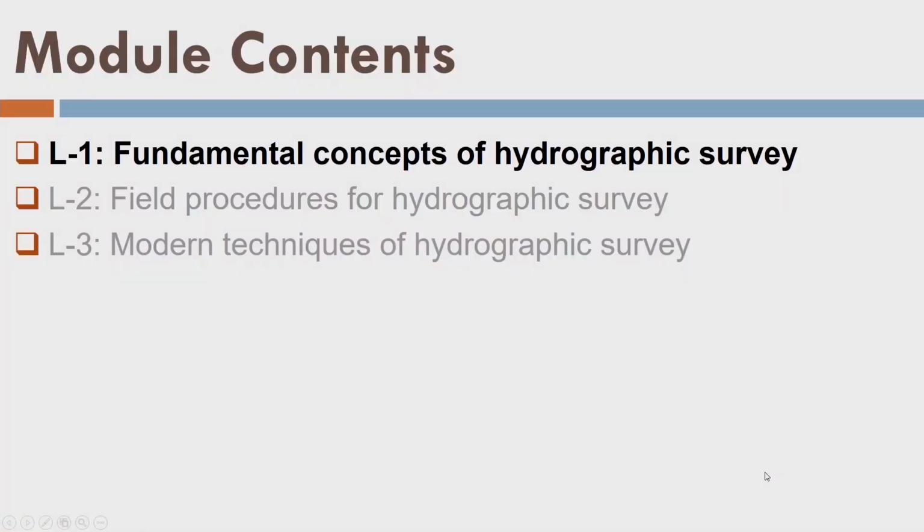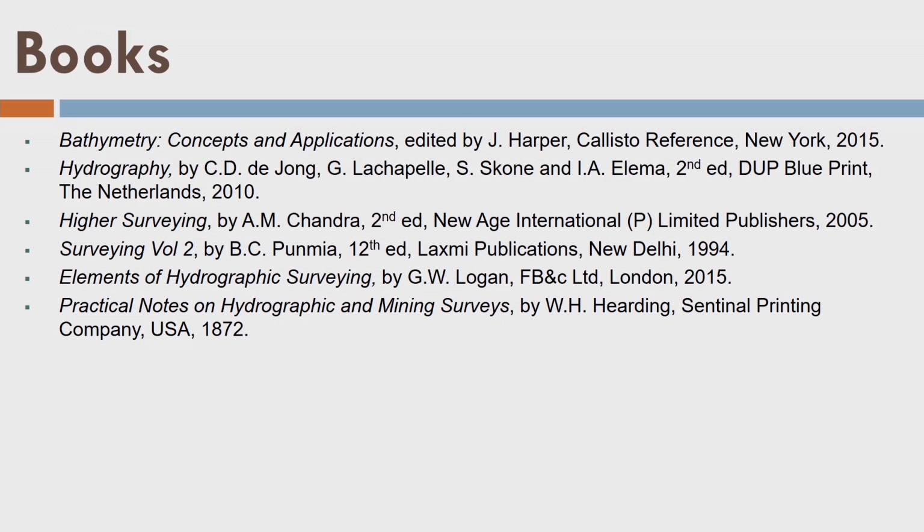So this lecture is based on the fundamental concepts of hydrographic survey. We have a total of 3 lectures in this module on hydrographic survey. The first lecture is about fundamental concepts of hydrographic survey, which we are going to address today. These are the books. A few of the books are very expensive, so once you join some library or institute library, you can avail such books and make notes. But again, these 3 lectures of this module are sufficient to create good knowledge. However, if you need more knowledge, you should refer to these books.